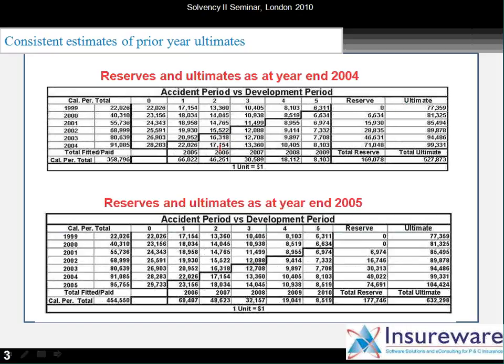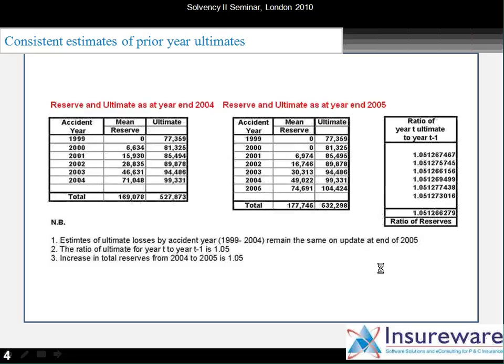Okay, so that's what the numbers look like at the end of the year 2004, if the first accident year is 1999. The reserves and ultimates, and then we take another calendar year, we go to the next calendar year, where the predictions, of course, are exactly the same as observations, it's deterministic, and so on. Now, what are the differences between our results, reserves and ultimates, at the end of 2004 vis-a-vis year-end 2005? Well, you notice the ultimates are identical, 77, 77, 99, 99,